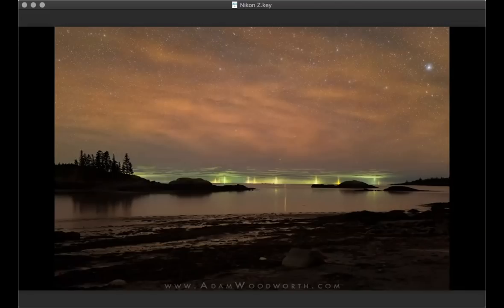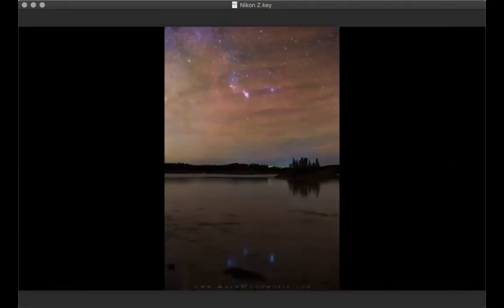So, a star stacked image as usual, maybe 10 or 20 shots for the sky. I think there might have been a separate shot for the foreground, or I can't remember. It might have been far enough away that I didn't need to do any separate images for the foreground. Same night, I just turned around about 90 degrees, and this is looking towards Orion, reflecting in the water. The tide was coming in or out at the time. I can't remember, but it was high enough for it to reflect the light a little bit in the shallow